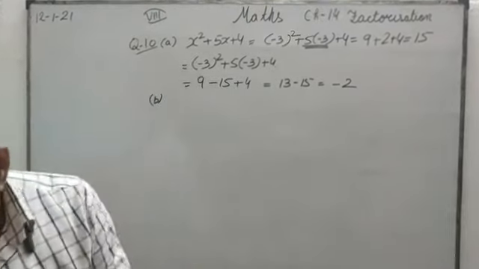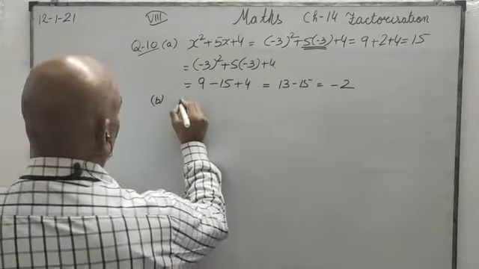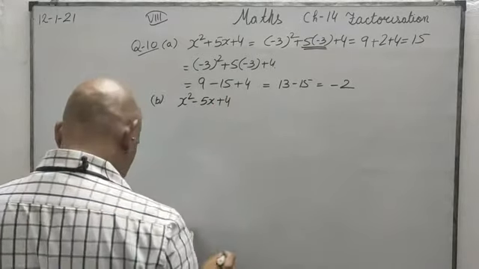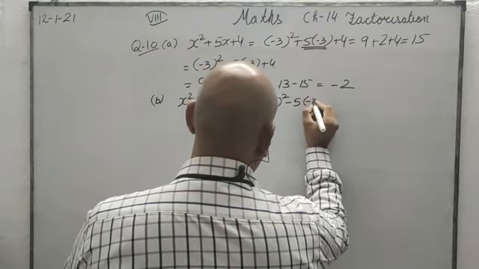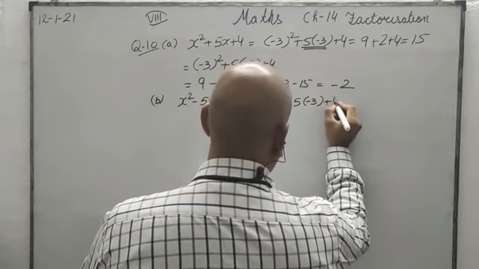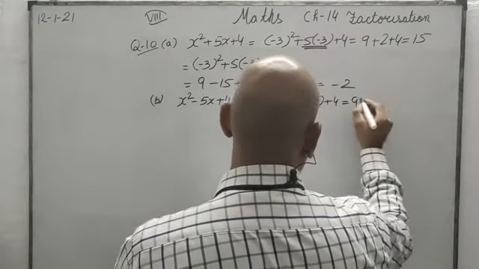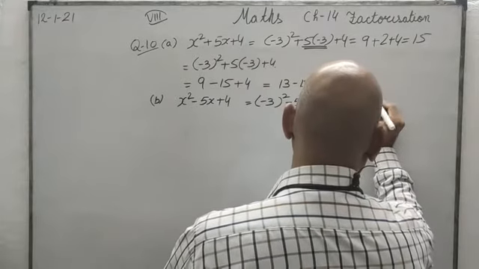What is the mistake he has done in question part B? The question is x square minus 5x plus 4. He has substituted minus 3 in it. So minus 3 square, 5 and minus 3 and plus 4. Thereafter, minus 3 square is 9, that is perfect, but this should have been plus 15,